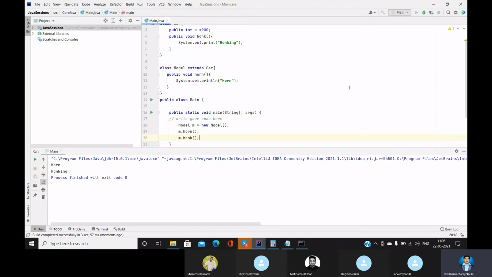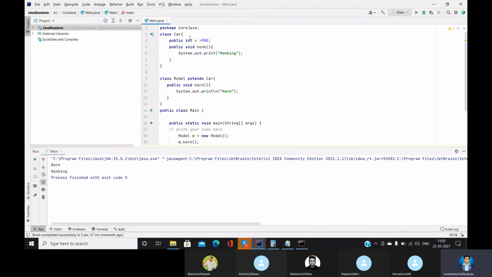Can you see that, guys? We have not created the object of the Car class, but still we can access the method of the car, that is honk, by using the object of Model, which is a subclass of the Car class.